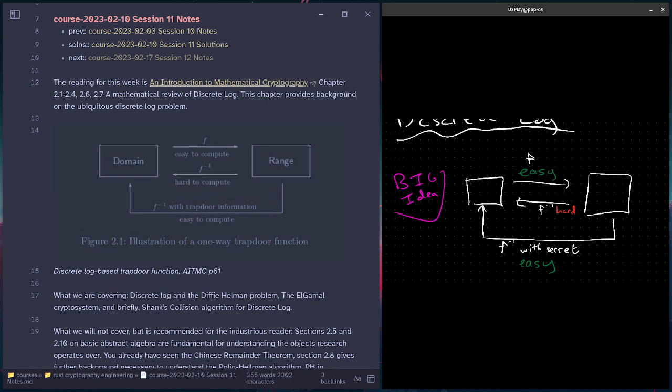about, is that going from some message space to some ciphertext space should be easy. It should be easy to encrypt a message, but very hard to decrypt it without the secret information. And so the discrete log algorithm is basically exactly this picture. And there have been other